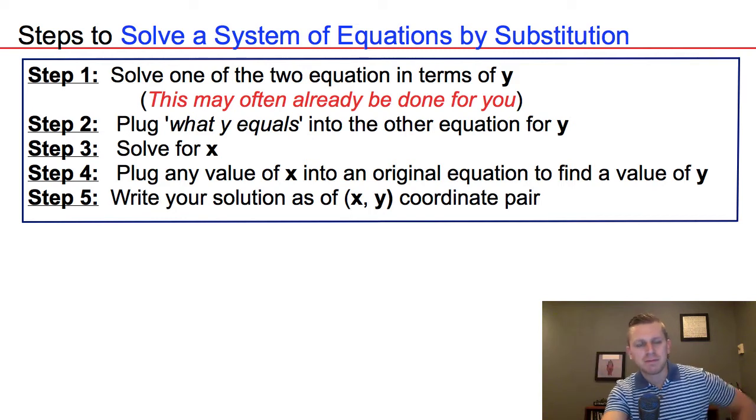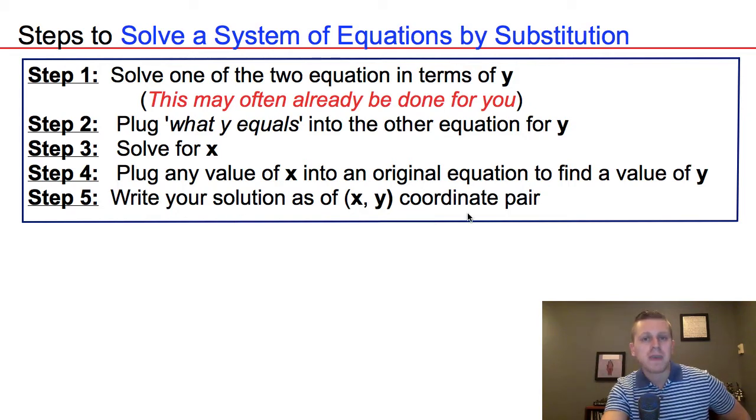Here are the steps. Step 1, get one of the equations in terms of y. You want that first equation to say y equals. When you have one of those equations that says what y equals, you plug what it equals into the other equation for y. At that point, all of the y's will disappear, and you can just solve for the x values that are left. After you finish solving for x, you're not done. You need to find the other value. So you plug that x value into either original equation to find the y,